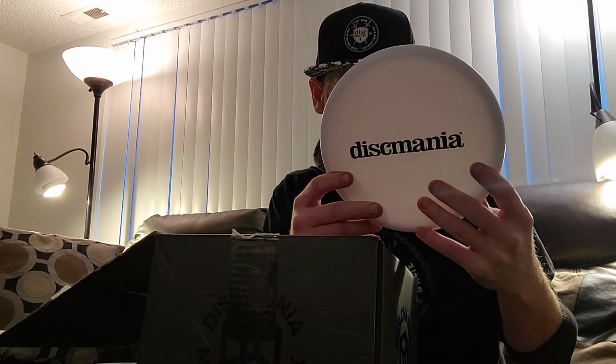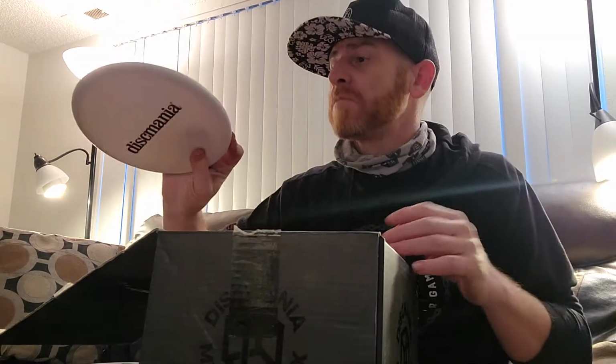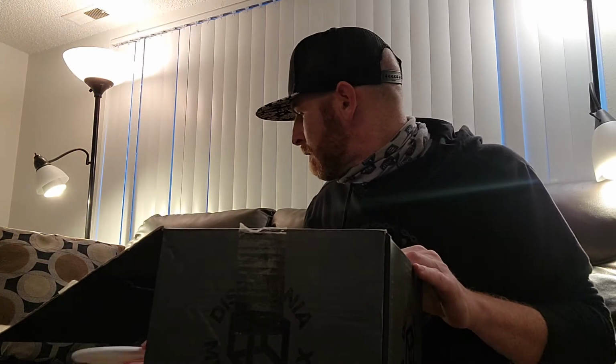Curious to see that it doesn't have any kind of markings whatsoever. It's P1 maybe? I'm going to guess it's a P1. Put that one off to the side for now. Oh,